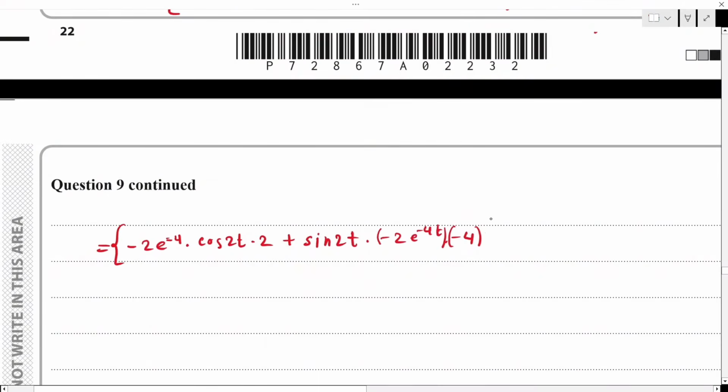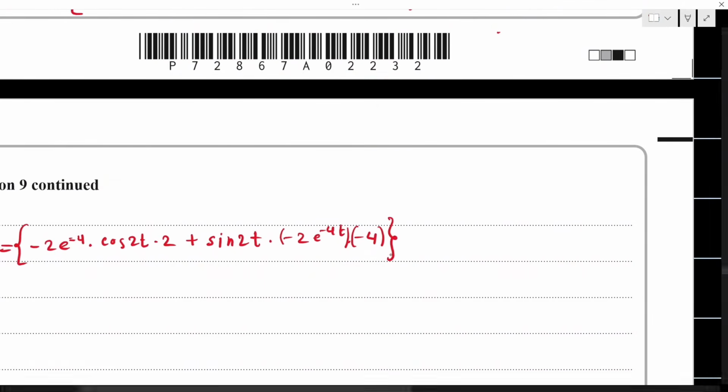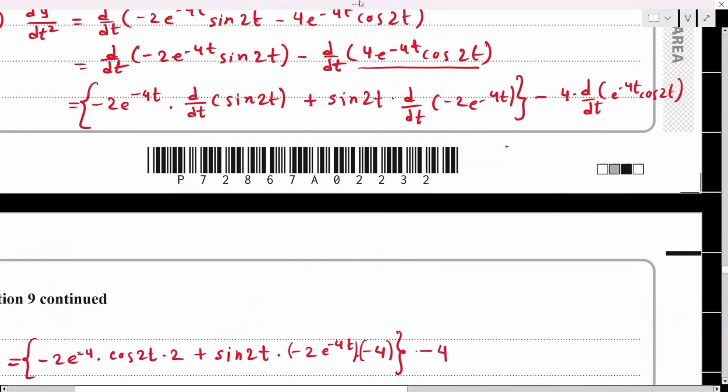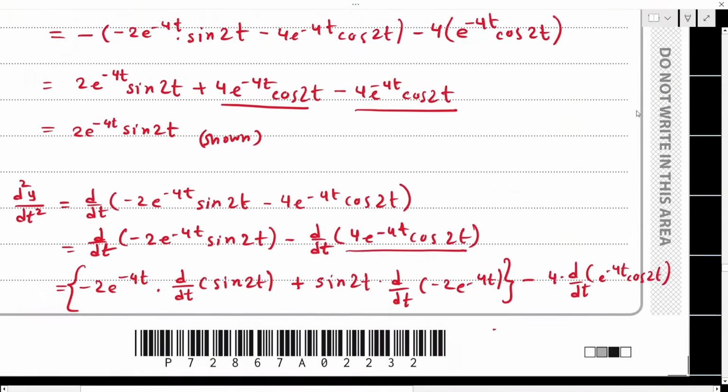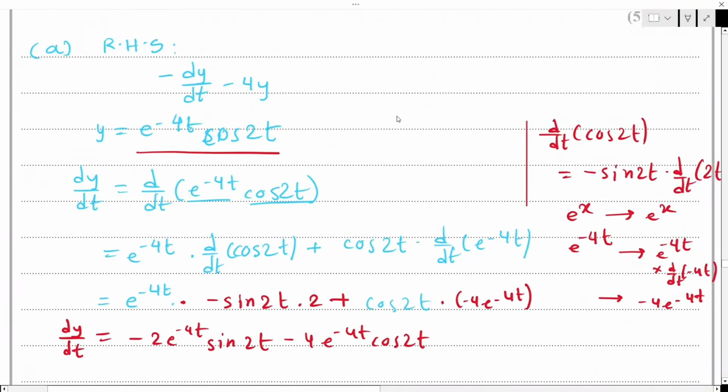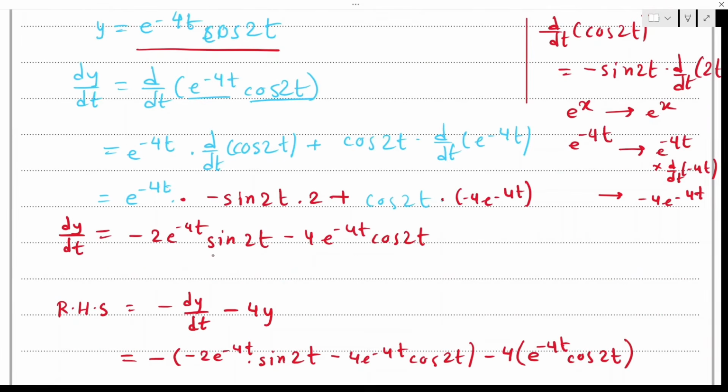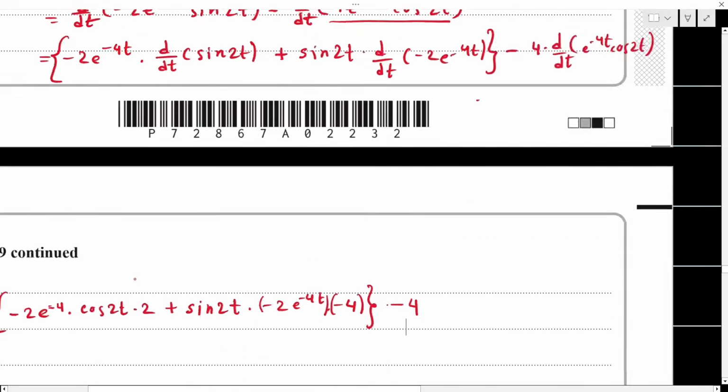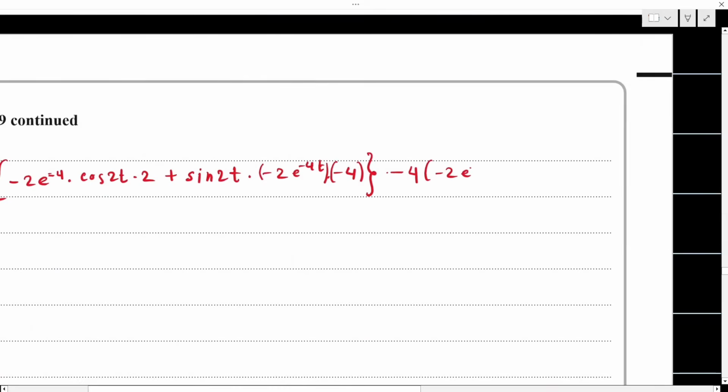This is for the differentiation of term number 1. For the other term, the term we know the differentiation of, we can write that the differentiation of this term is the same as our part 1. In part 1 we differentiated and we got this answer. So I can just write it out, minus 2e^(-4t) sin 2t